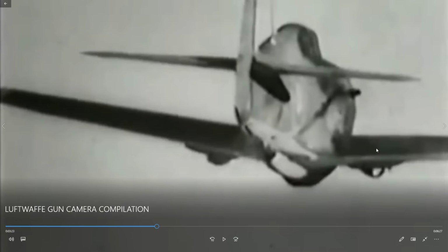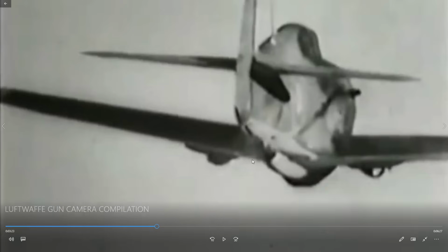Also, the P-40 is excellent in a dive, but as you can see, it's not exactly the most streamlined airframe. Pretty maneuverable too when it's got enough lift, but again, the 109 just outclasses it in every capacity, and as a result,